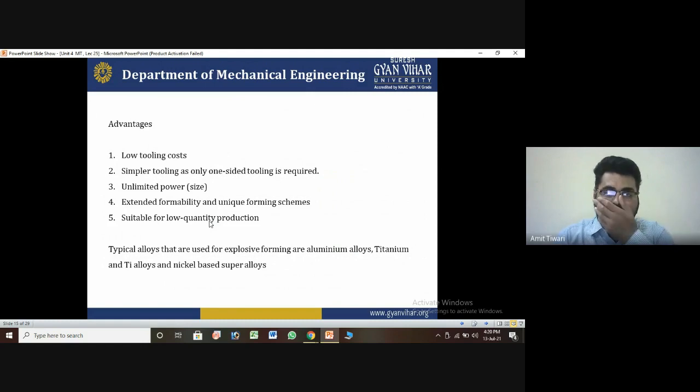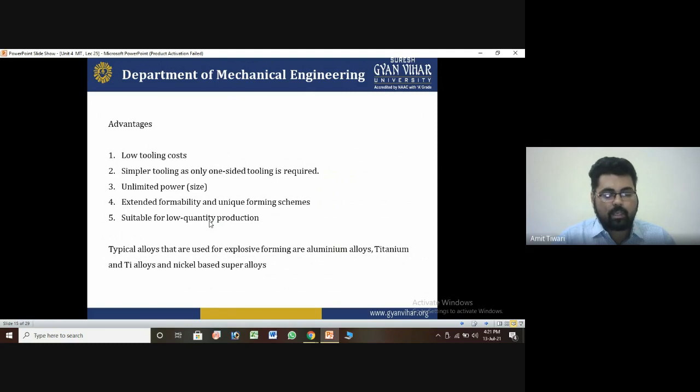So it makes for a good type of forming operation, and it suits the requirement of forming tube shapes and wire shapes with the help of explosive forming, and wire forming is now very popular. That's why we say we require the ultimate power of size, very large, and for making that the minimum amount of consumption is used. This is the technique we adopted for making the tube, or the raw material to be converted. These are some fundamentals to be adopted. It's very easy to use and easy to understand.